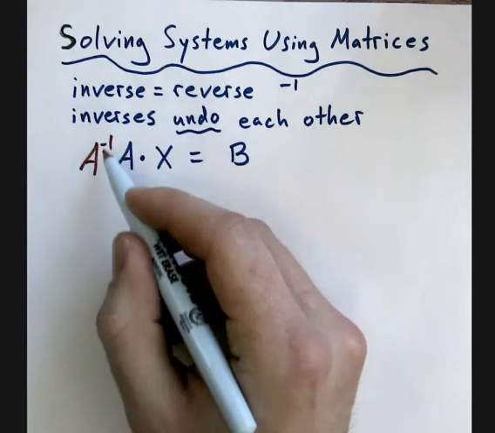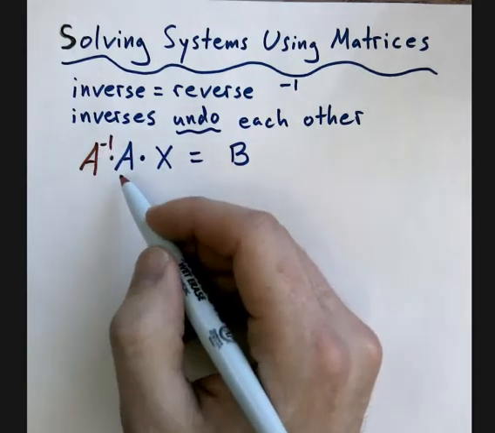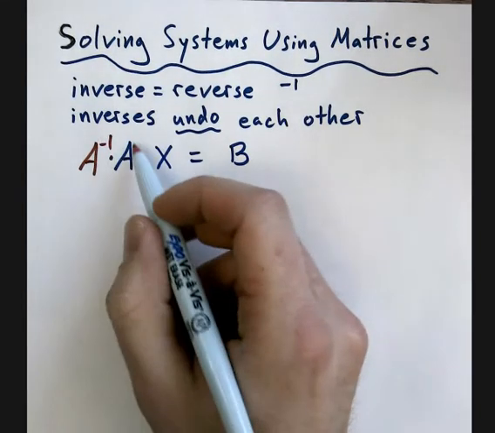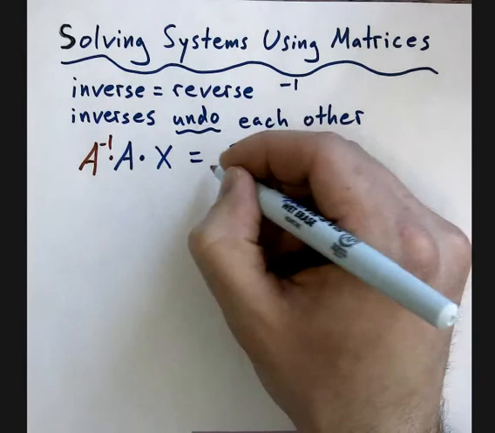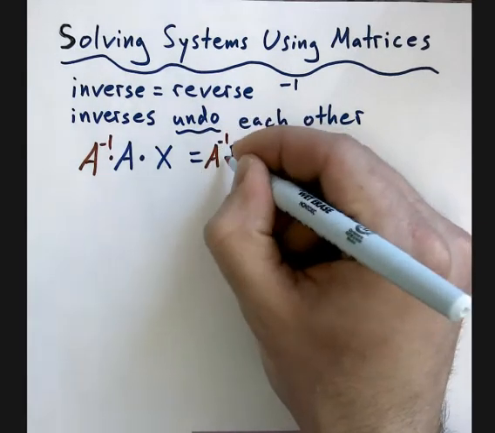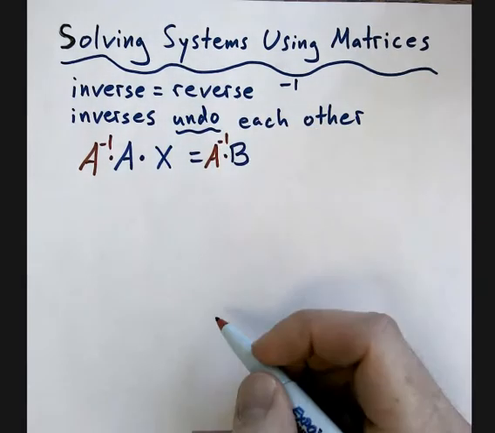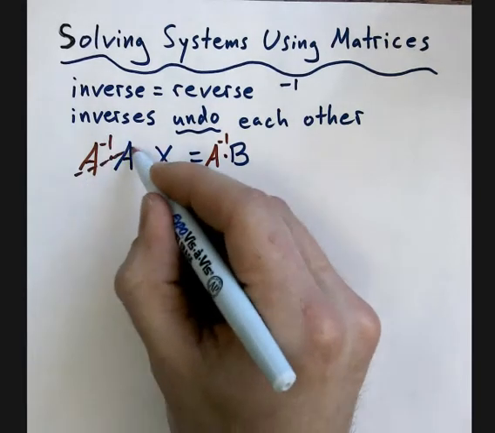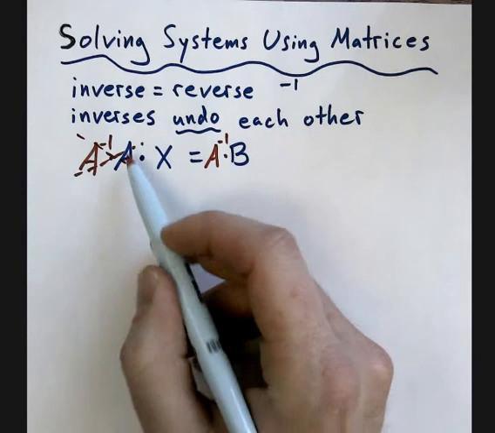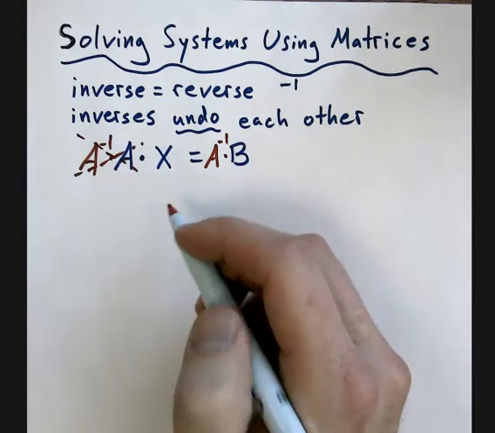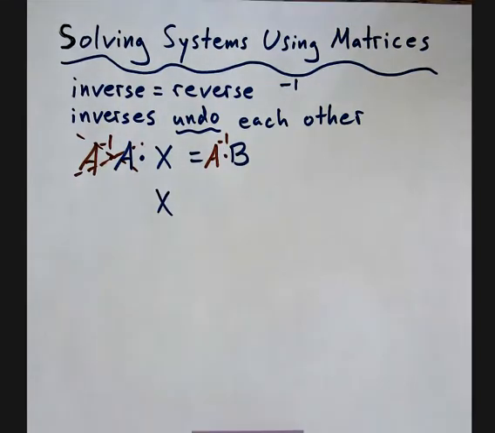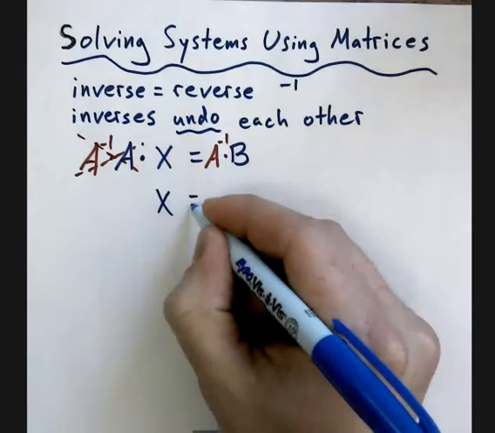Inverse of a times a. Once again, because that will undo what a did. And then the same thing on the other side, of course, to keep my equation balanced. Now we'd call this type of operation on the left canceling out. So I'm doing that to cancel out a. I am left with x. Bring down my equals, of course. And then this